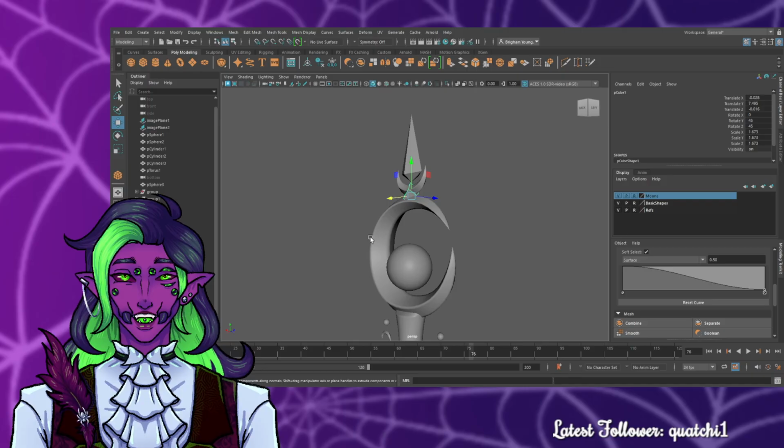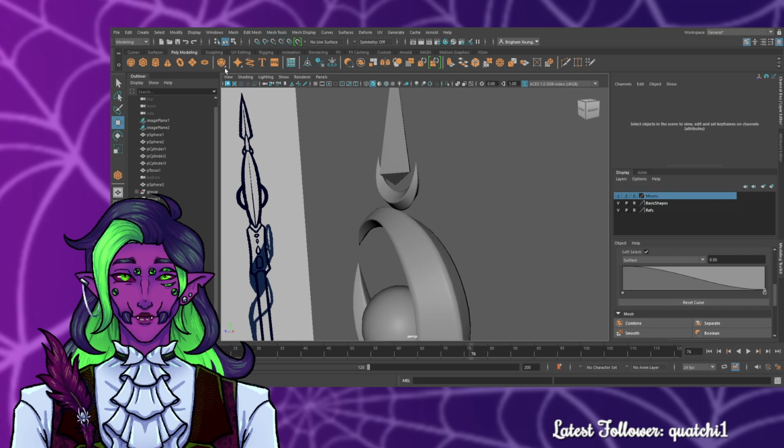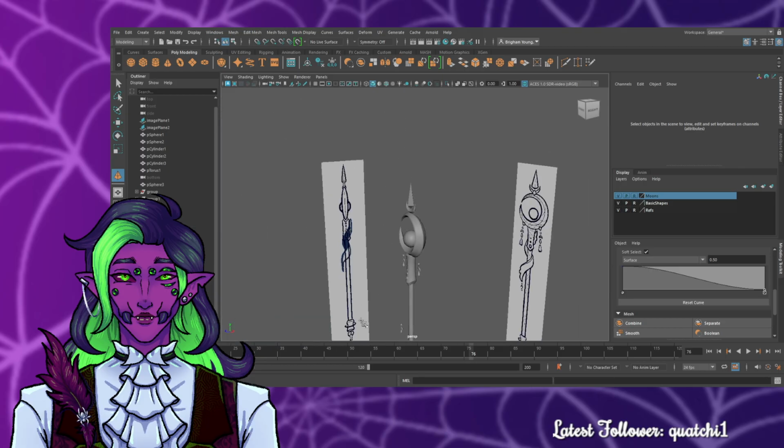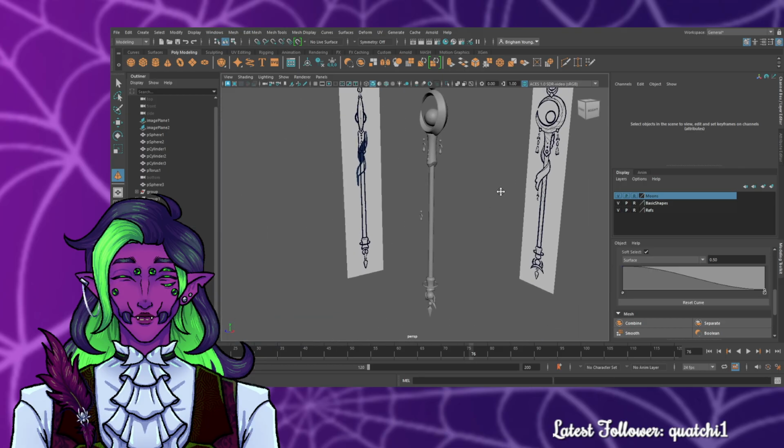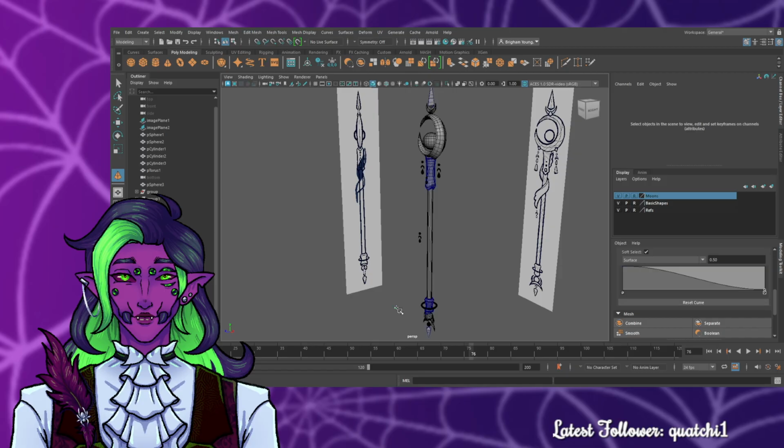What am I doing? I should be using a pyramid, not a cube. What? Oops. Yeah, I don't know what I was doing that for. Trying to make a diamond, not